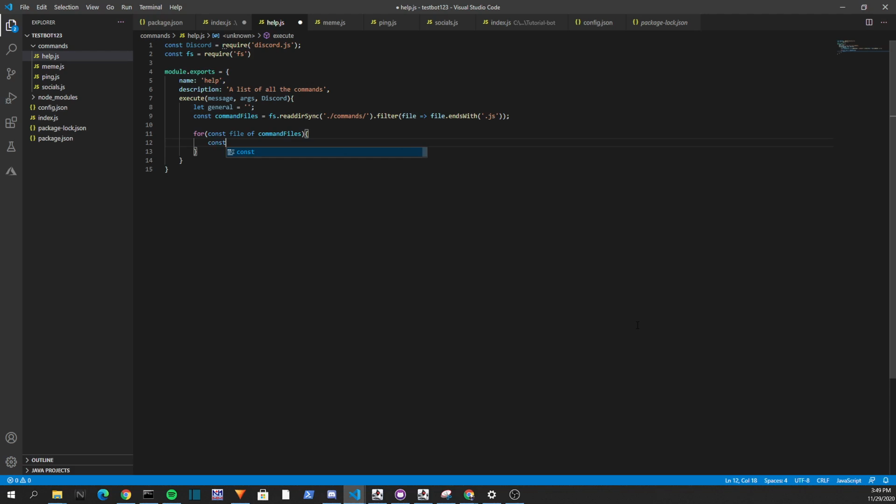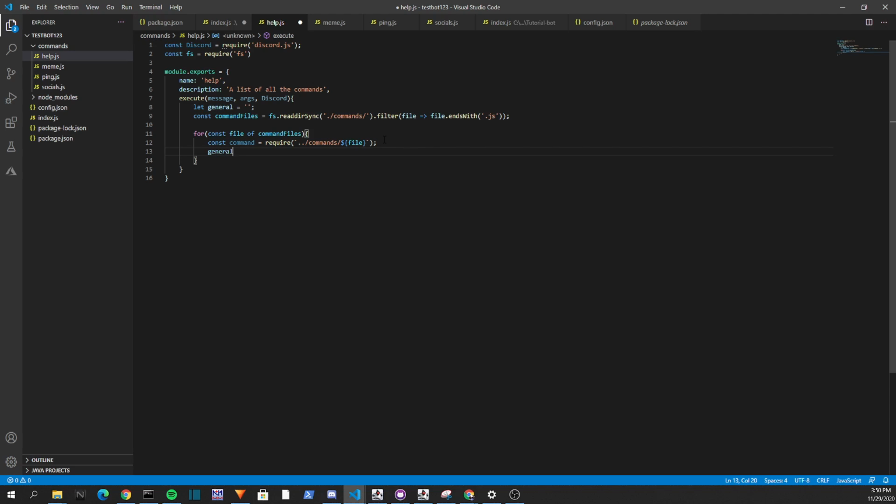We're going to say const command equals require, and we are going to say dot dot, because it's a directory, slash commands slash, and then, sorry I forgot to do this, and I know that some of you probably did too, you need to do semicolons. I always forget to do semicolons, so I apologize in advance for whenever I forget to do them in this series. So then we can just close that out and say